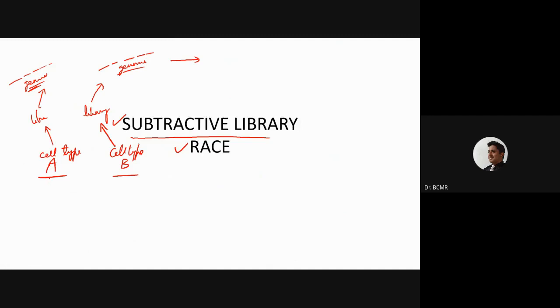So my objective now is, I'm changing it. I have two different types of cells, and I want to know which genes are expressed in cell type A and which genes are expressed in cell type B. I want to find the difference alone. I don't need to know every other gene, because if I have two different cells from the same organism, there will be